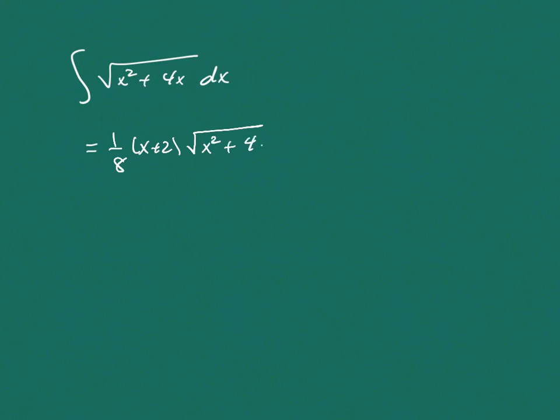So my integral of the square root of x squared plus 4x dx then just becomes my 1/8 x plus 2 square root of x squared plus 4x minus my 1/2 natural log absolute value of x plus 2 plus